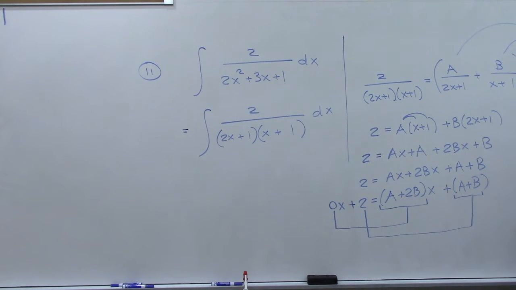So I'm going to kill these a's off by rewriting the system of equations. I'm going to multiply the top row by negative 1. If I multiply that by negative 1, I get negative a minus 2b equals 0. And then leave the second row alone. Now I add straight down. I did that so that the a's would cancel when I add. So I add down, I get nothing. Add down here, I get negative b equals 2. And if negative b is 2,